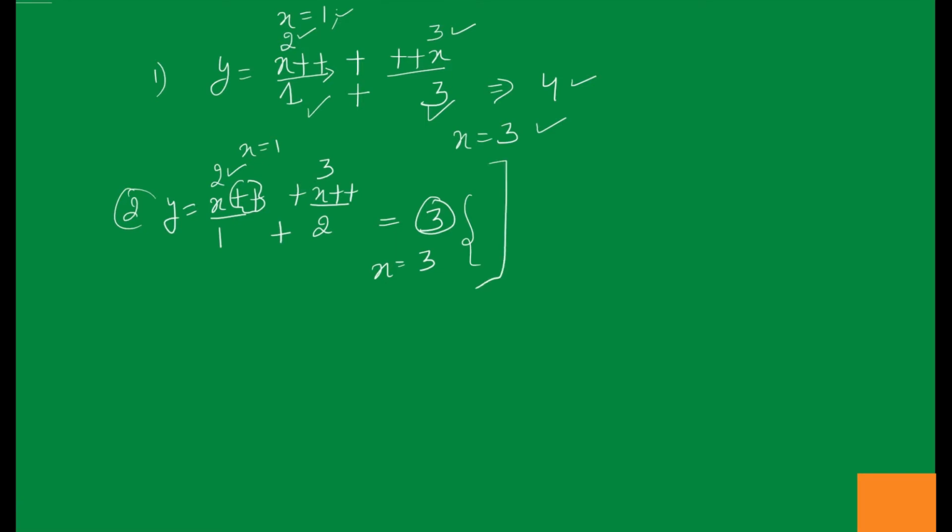Let's take some more examples. We have example number 3. Let us suppose that y = ++x + ++x. Both are prefix operators, right? So initially the value of x is equal to 1. So here we are going to increment it. Whenever we increment, where are we going to place the value? We are going to place it above the variable, right? So here we are going to place it.